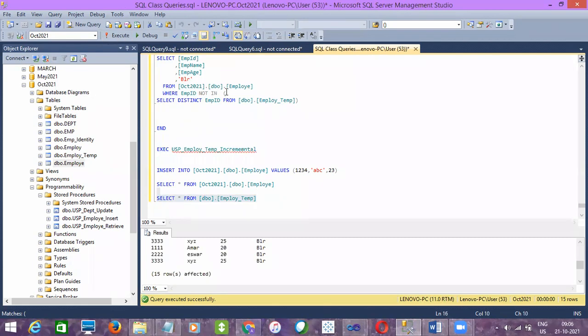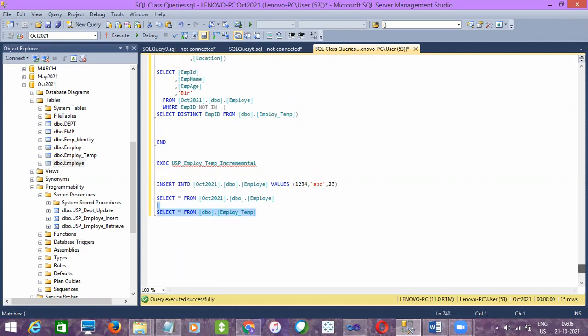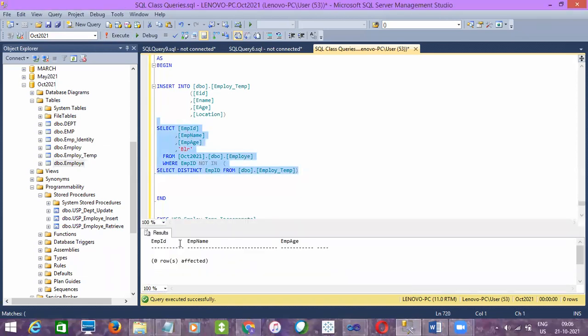See, as per our code, where employee ID not in, we are selecting data which is not existing on the destination already. So let me execute this code alone. 0 rows.